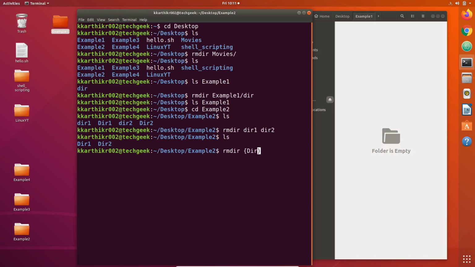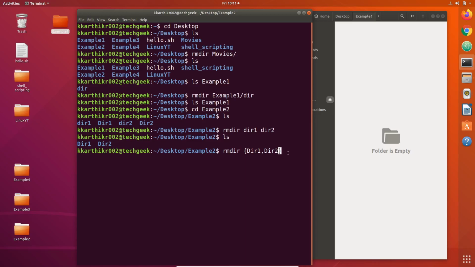Let's say dir1 and dir2. They should be separated by commas, and there should be no space inside curly braces at all. If there is space, the shell interprets this command in a different way. The shell interprets that it contains two arguments and tries to remove the directories with the names of the arguments.